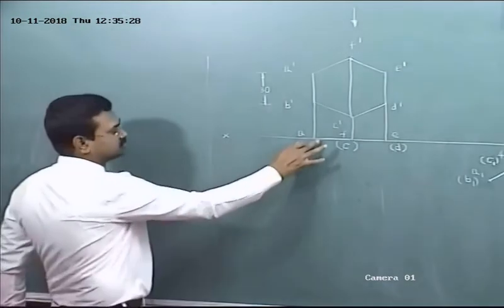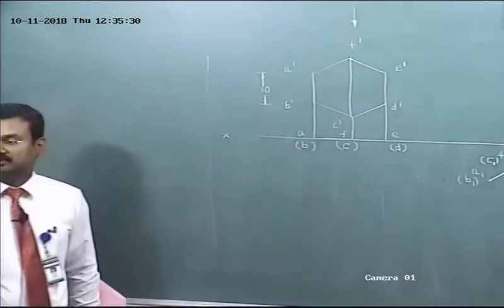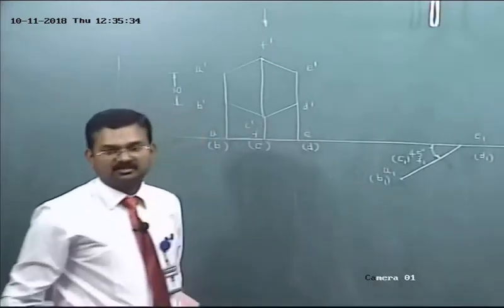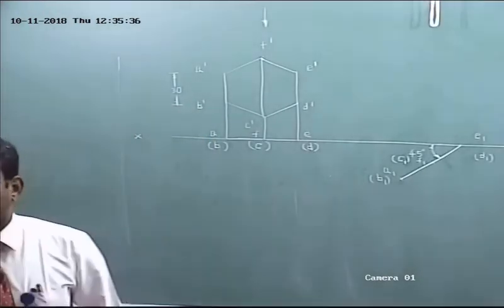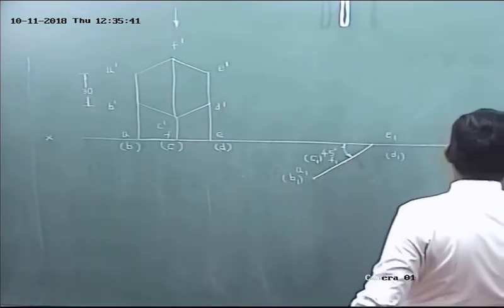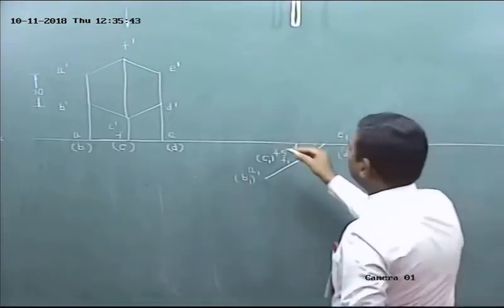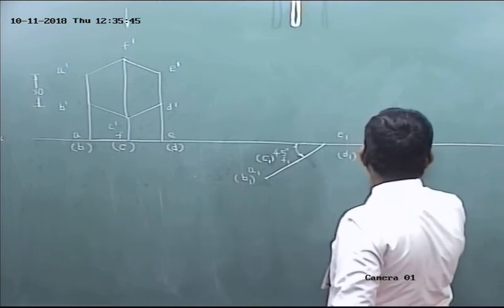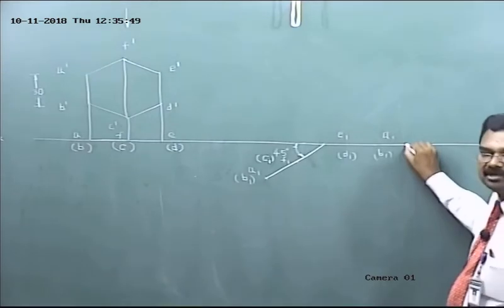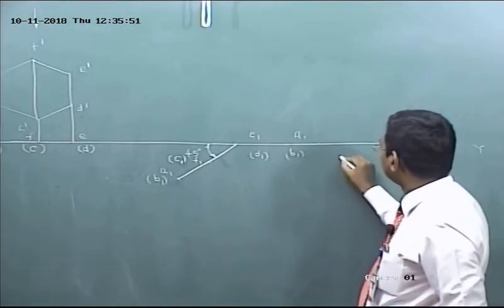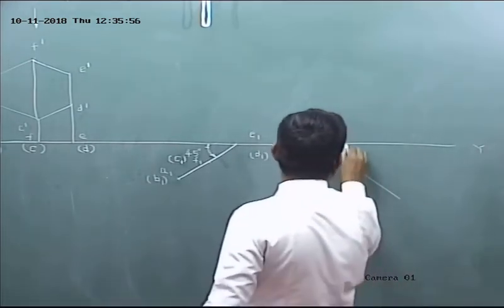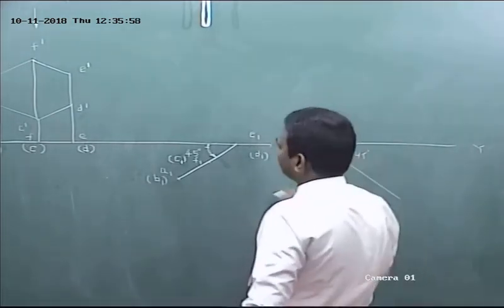Tilt and reproduce the first step top view to the given condition. What is the given condition? One side is resting on HP and the surface makes an angle 45 degree to VP. The same problem can also be solved like this: AB, mark A1, B1 on XY with the reference point and the reference on XY, mark a point at an angle 45 degrees. Draw the line 45 degrees. Then transfer all the points.